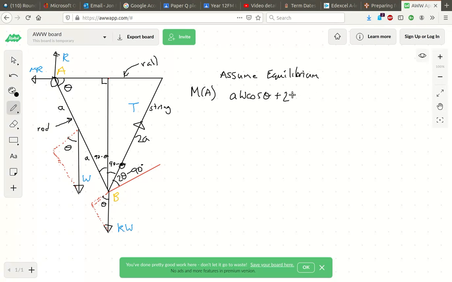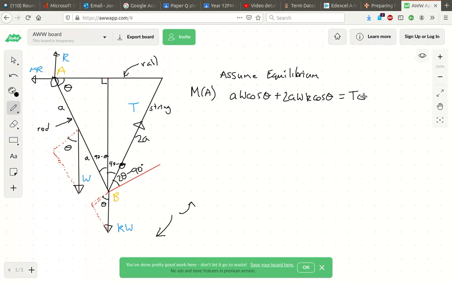That'll be 2a times kW, if you like, cos theta. So those are the moments which are turning the rod in that direction, and they should equal the moments turning the rod in the other direction, and there's only one force which is turning that rod in the other direction, and that is this T force here, but I need to resolve it perpendicular, so that's going to be T